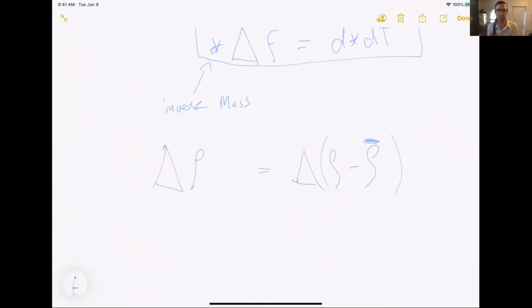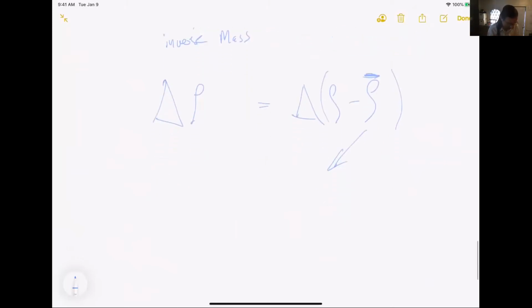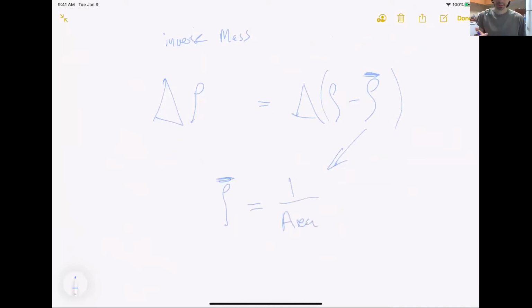I don't really understand this terribly well. I understand why adding or subtracting a constant doesn't change the value of the Laplacian. I don't know why this particular constant is the one you want, but this is the hint I was going to give people. That rho bar, apparently the right one is 1 over the area, the total area of the surface,